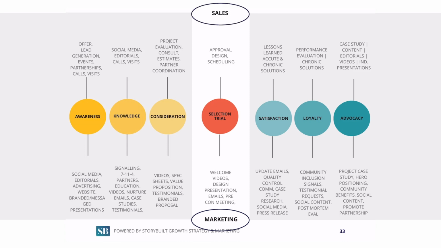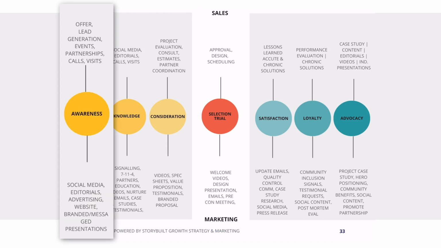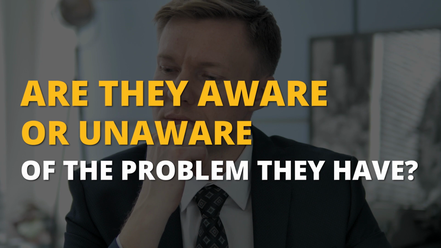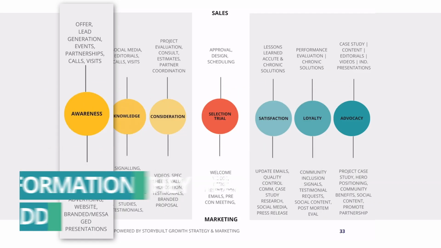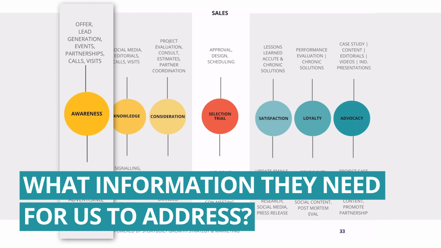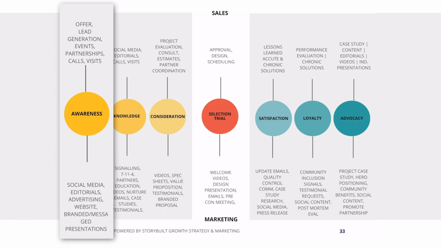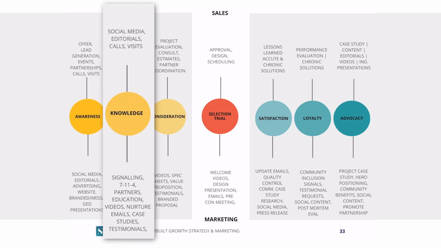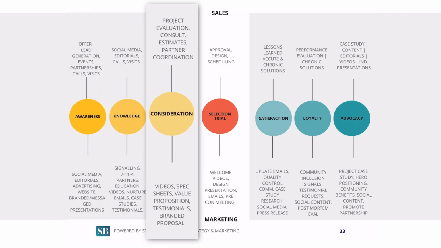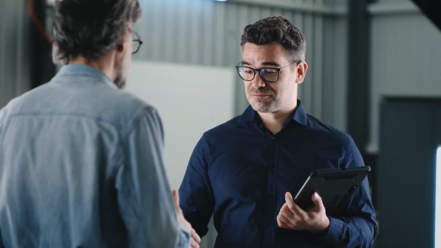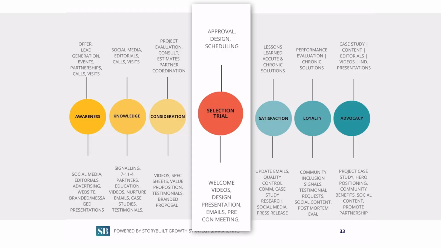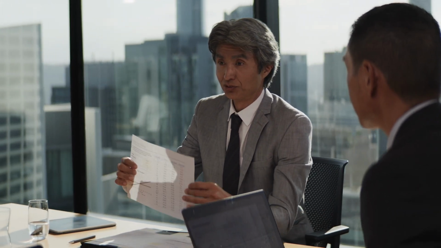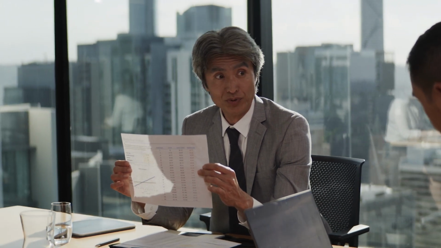So really what we're trying to see is what happens as the customer goes from being aware of our product or even their problem. Are they aware of the problem they have? Are they unaware, which is 2 different things that we address in strategy, and what information they need for us to address and the messaging we need to use to address it actually comes up in that. Then they become more knowledgeable. Then they actually have a consideration. Do I want to use them? Am I going to take time to figure this out? Am I going to schedule a meeting? Then is the decision process, right? They sit down, they go through a design or an approval, they accept a proposal, something along that line.